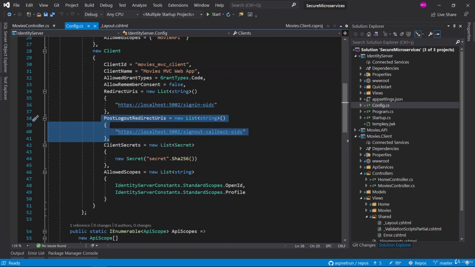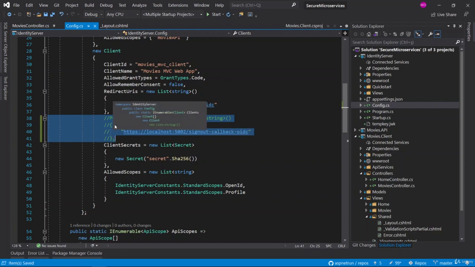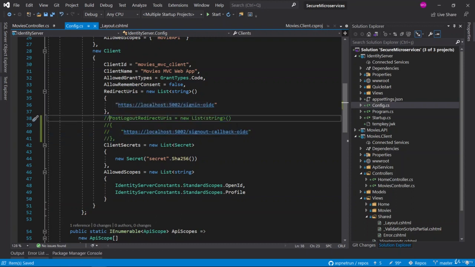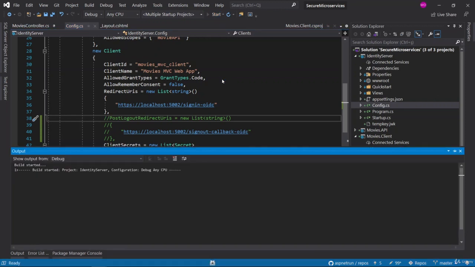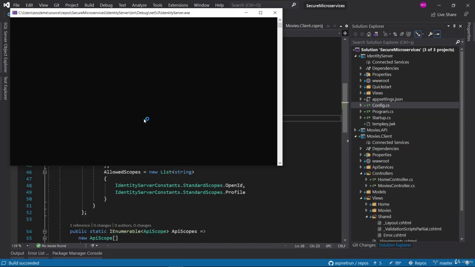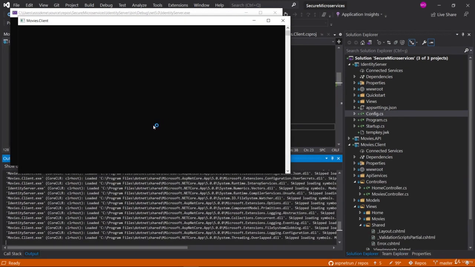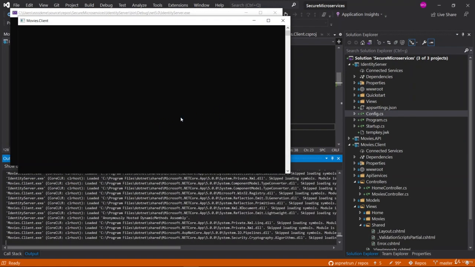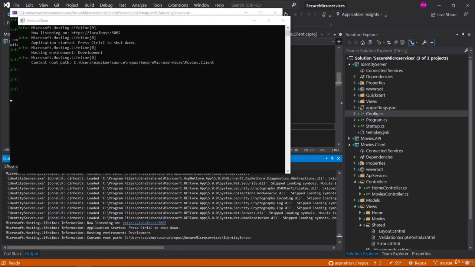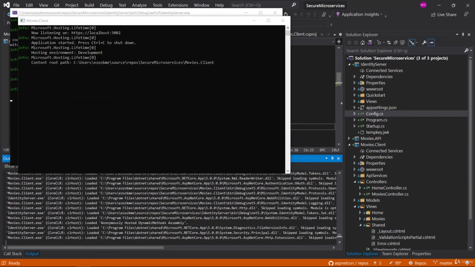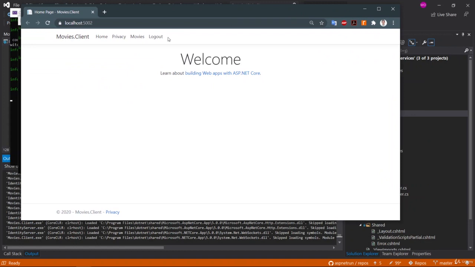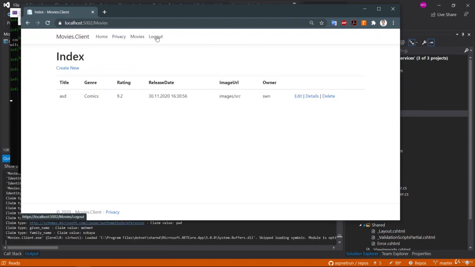But we can see the functionality if we remove this configuration. Let me comment out this line of code and see what happens when we hit the logout button, right? So let me start the application, and now I am going to show you what we see when clicking the logout button without this configuration. Okay, we have already logged in to the system, so I am directly clicking the logout button.